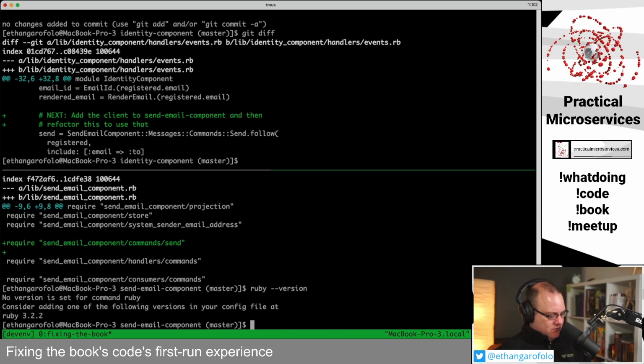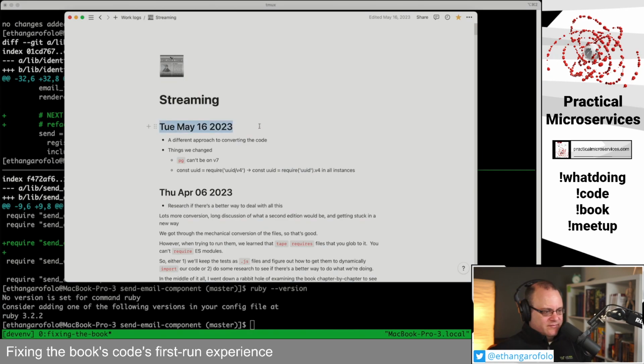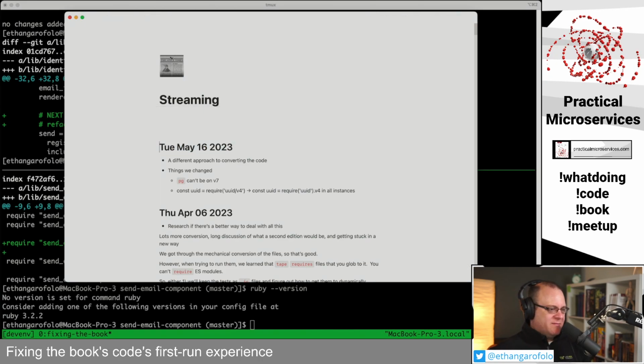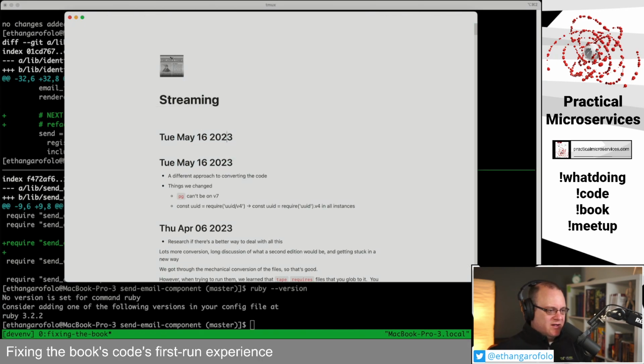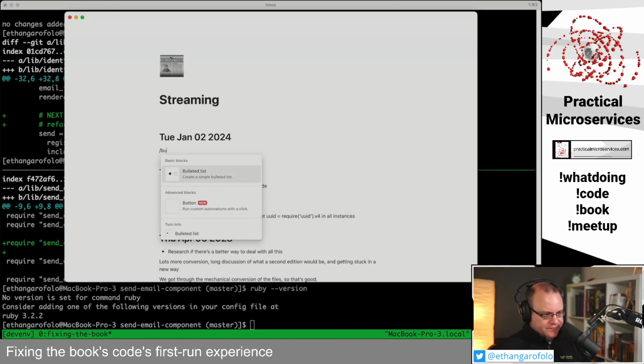Okay, so let's restart the work log. I mean, pick it back up. It's not really restarting because I'm not going to make a new one. Oh, that's funny. It's also a Tuesday today, but it's a different Tuesday. Today is January the 2nd, yes, of 2024. And today